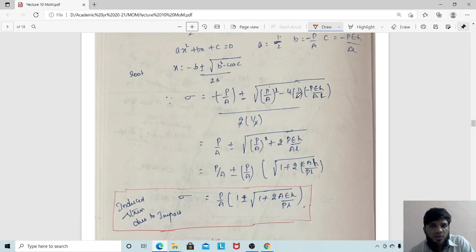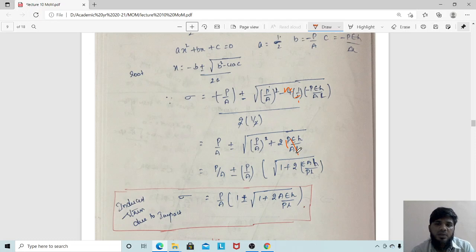So you try to solve this problem. 2 ones are 2, 2 twos are 4 here, again P square, (P by A) the whole square, here also P by A, here also P by A. So this is not a square. If you want to remove it from the square root, this should be a square. So how this will become a square is nothing but